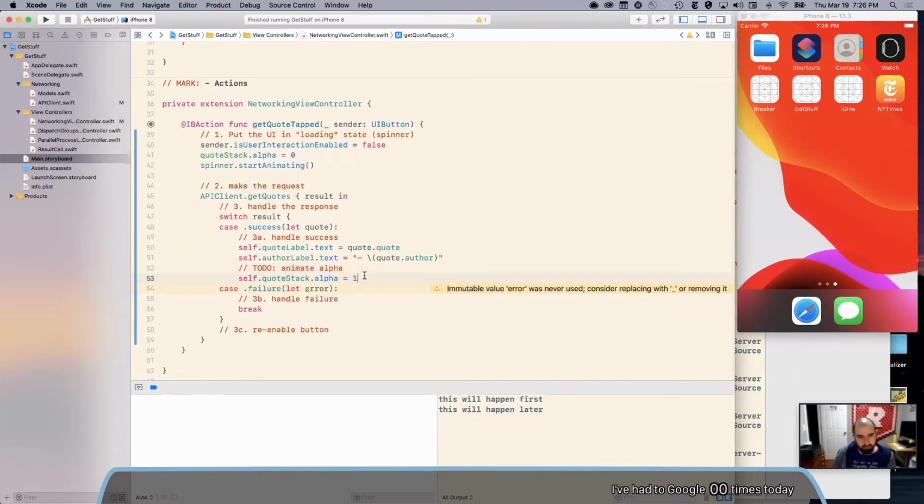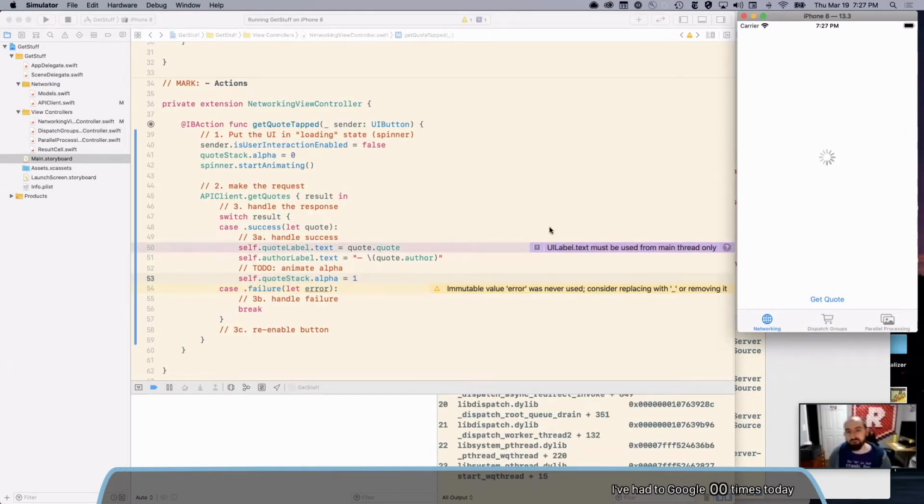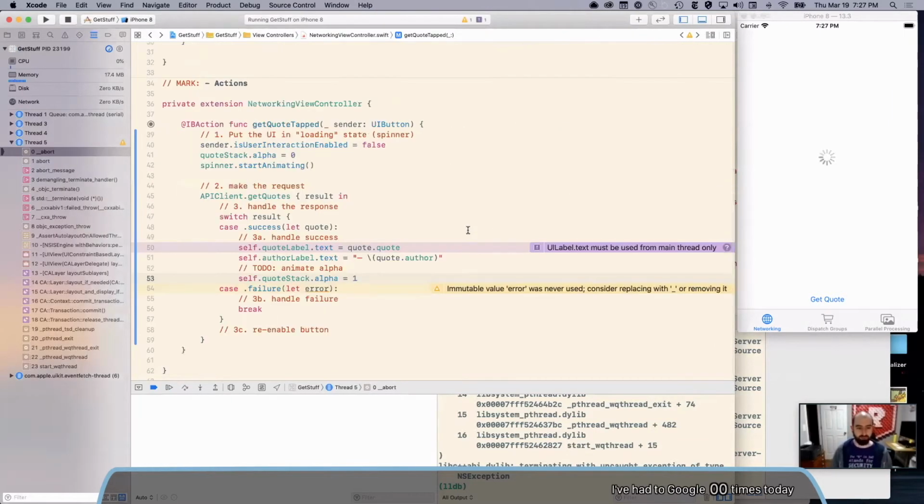We'll test that. Actually, I can test that now because we know it's going to work right now, and then I'll kick it over to error case and test an error. So I'll click get quote, and oh, okay. So this is the first little gotcha when you're doing any kind of asynchronous programming, and this is something you've probably heard things about. There's a lot of information. There's a lot of misinformation. Feel free to ask questions. I'll try to clarify what I can.